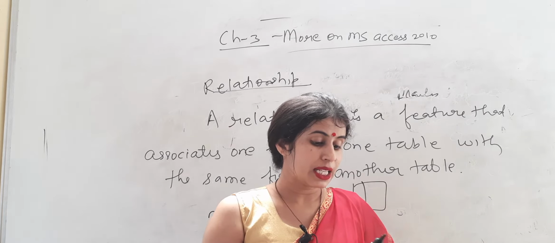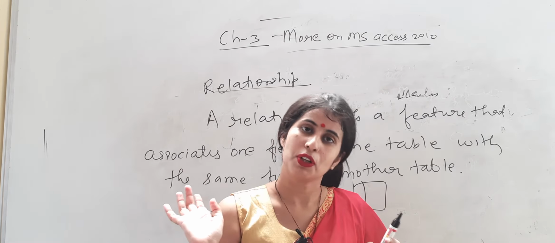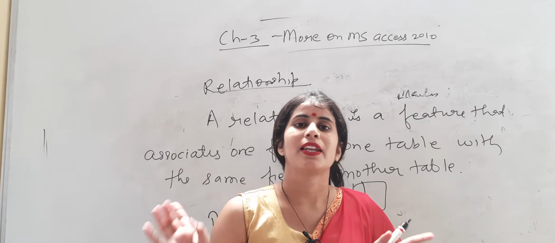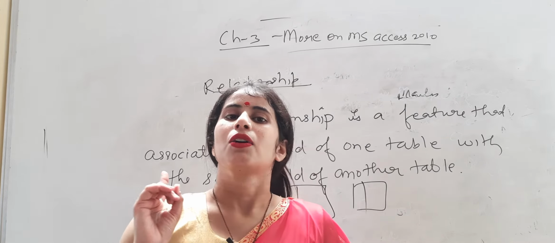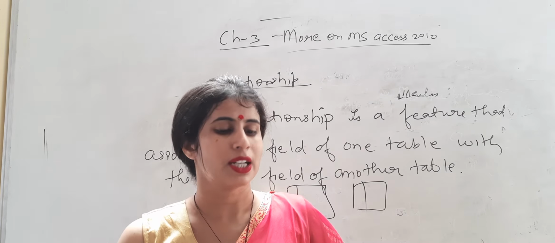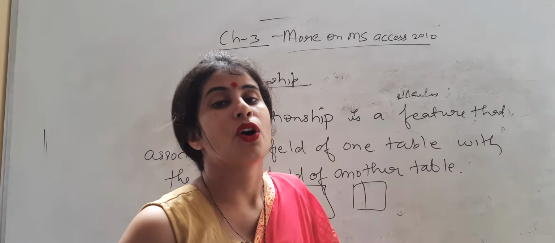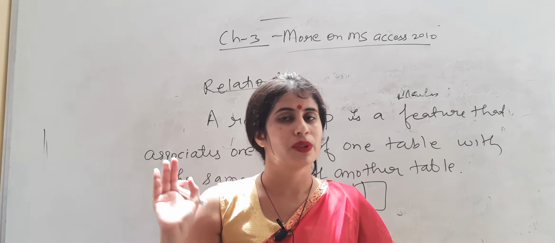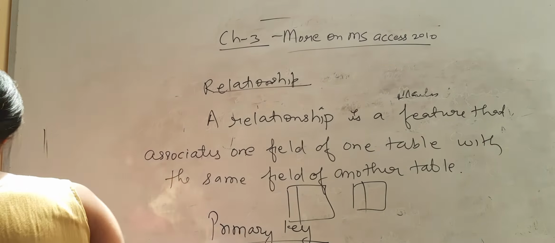And primary key is a field that does not match with anyone. We know that our admission number does not match with anyone. In a class if 42 students are there, the code is different for each student. In a school with 2000 or 2500 students, the admission number doesn't match with another student's admission number, so it is known as primary key.